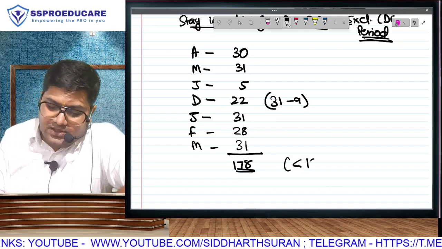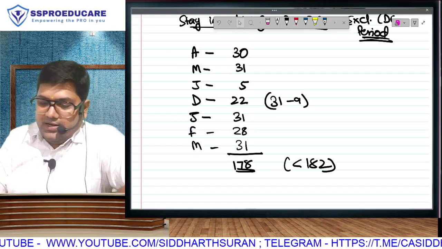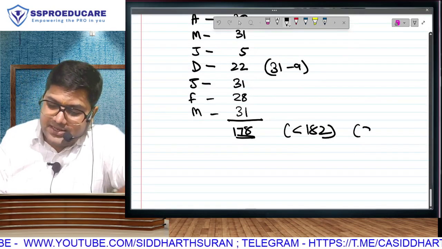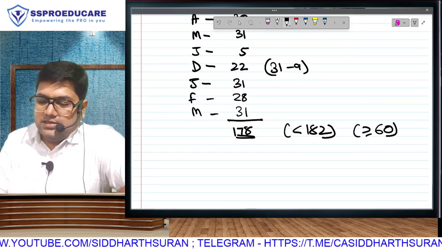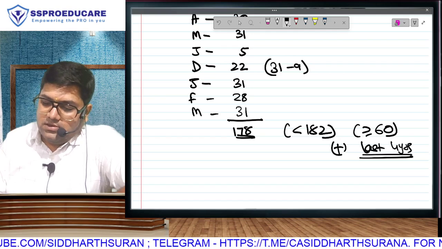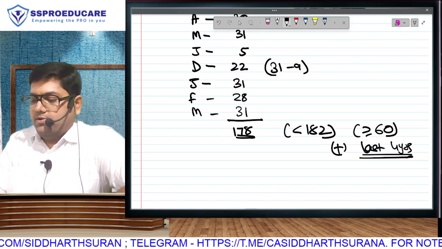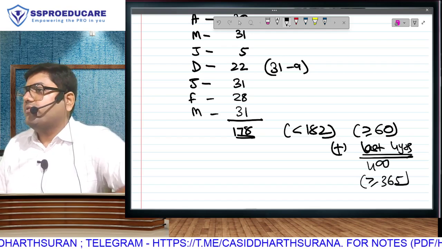First condition, 182 not fulfilled. While 182 is not fulfilled, is he fulfilling the condition of 60 days? Yes. And last 4 years, how many days? So is he fulfilling 365 days? Therefore, he is